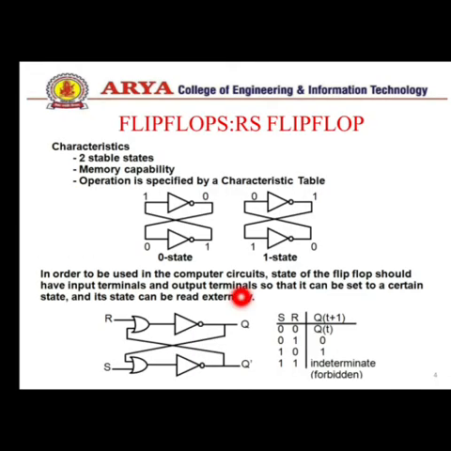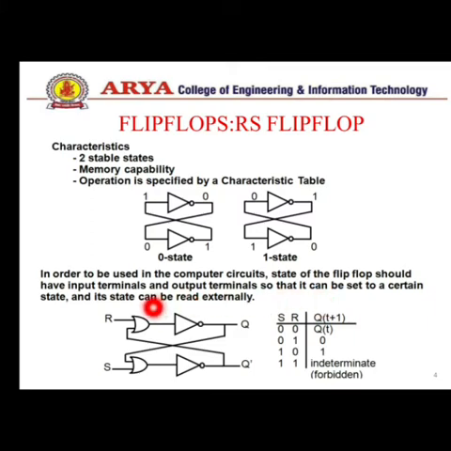On the other side, the second S equals 0, and 0 plus the first input, which is connected to q, gives 0 plus q, so the output is q. And q is connected to the NOT gate, and the output is q bar. So we understand that the output doesn't change. The next output is the same as the previous output. So in the 0 0 condition, Q(t+1), the next state, is equal to the previous state.